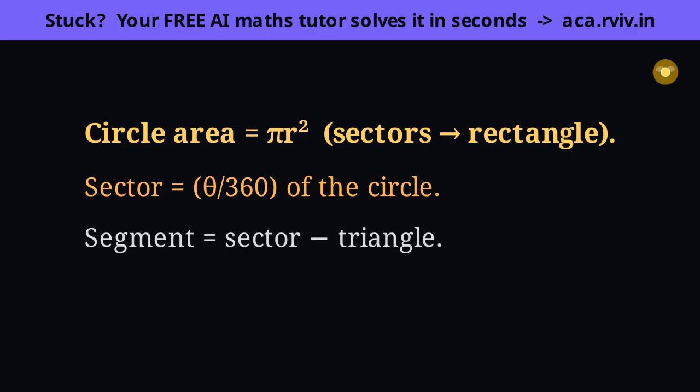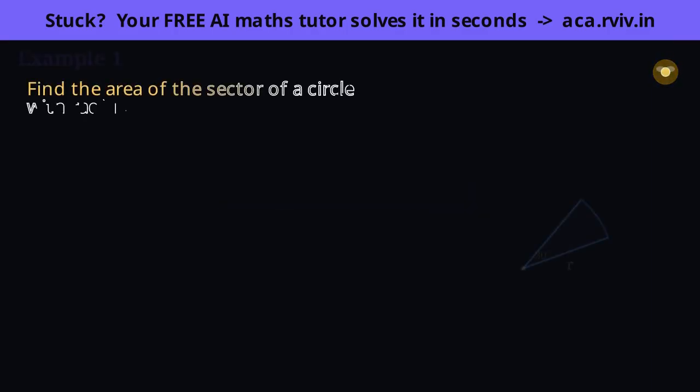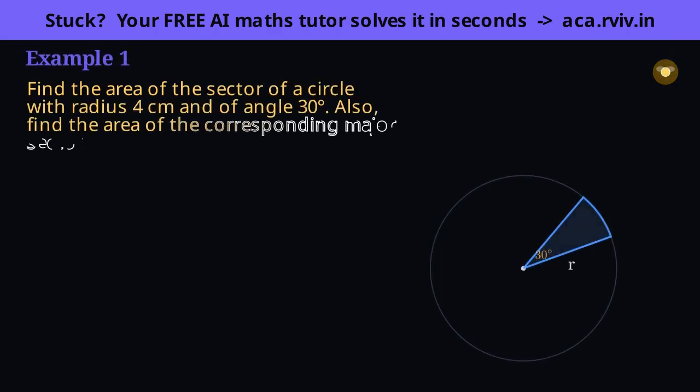Now let's roll up our sleeves and work every example and exercise together. Let's walk through both examples together, one gentle step at a time, and at every line I'll tell you not just what we do, but why we do it, so the method sticks. A sector is a slice of the circle, so its area is just its share of the whole. That one idea handles the entire problem.